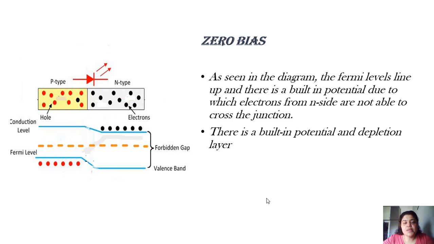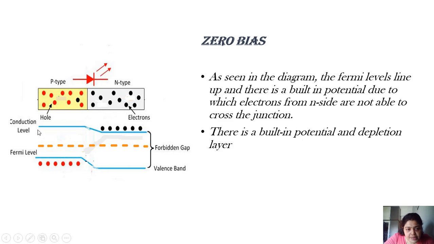Now let us discuss the working of an LED. I have divided the working of an LED into two categories, zero bias condition and forward bias condition. Zero bias is a condition, and you all might know what an energy band diagram looks like. Here, in the zero bias condition as seen in the diagram, this is just the p-type and n-type material. The symbol of LED is shown here, and holes and electrons are shown here.